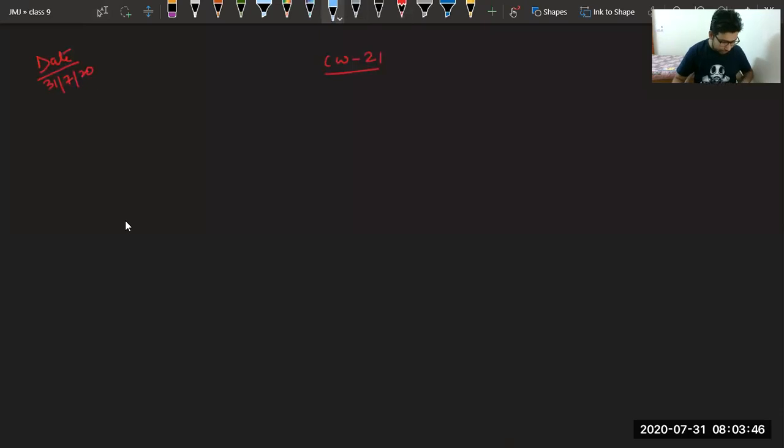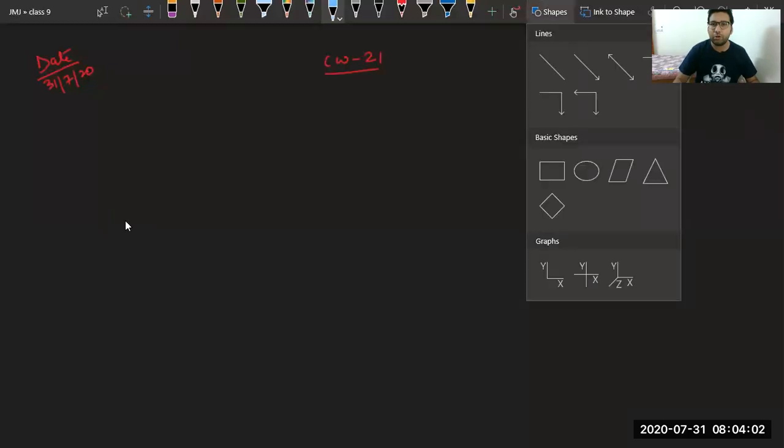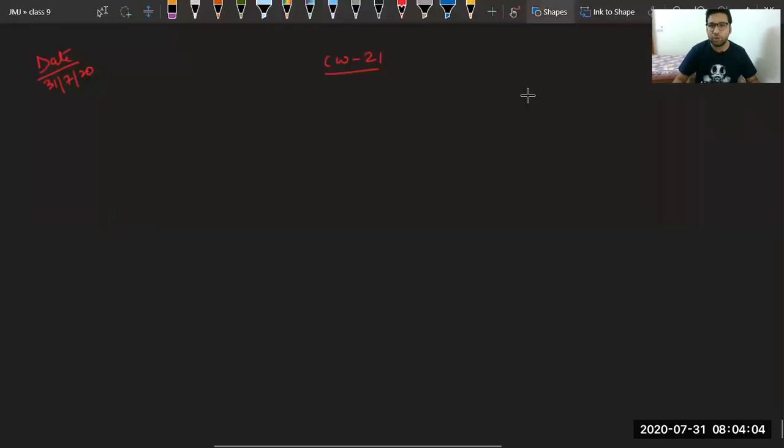Okay. Example number 8, you all can see on page number 127. P is a point equidistant from lines L and M intersecting at a point A. So there are two lines L and M which are intersecting at point A. Let me draw them. Two lines are there, na? So we should take this one.